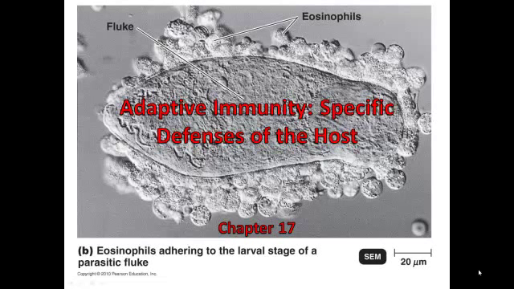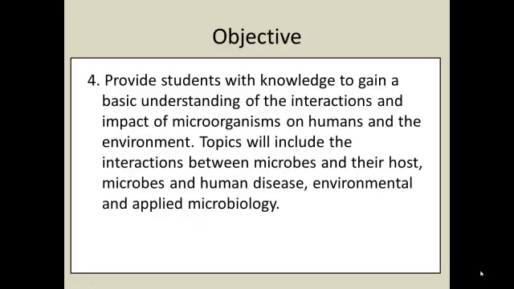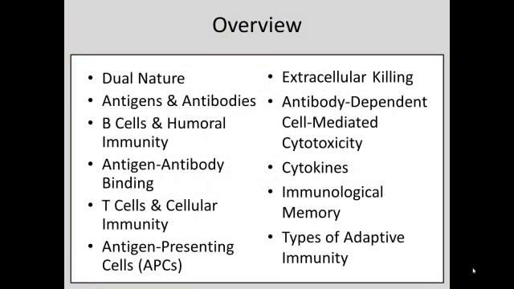Welcome to Chapter 17, Adaptive Immunity, Specific Defenses of the Host. This chapter fulfills Objective 4, specifically interactions between microbes and their host, microbes and human disease. In this chapter, we're going to talk about the dual nature of the adaptive system, antigens and antibodies, B cells